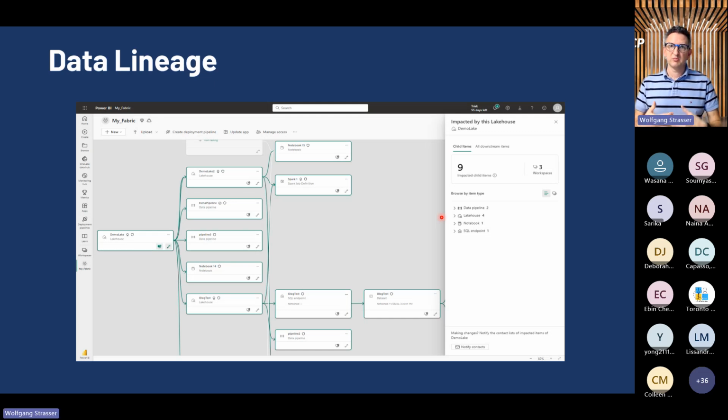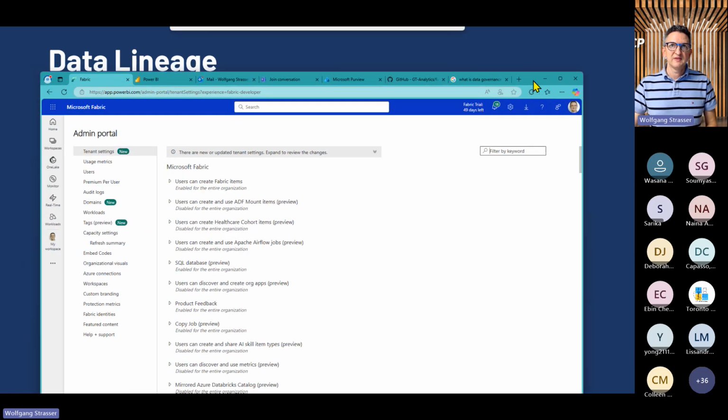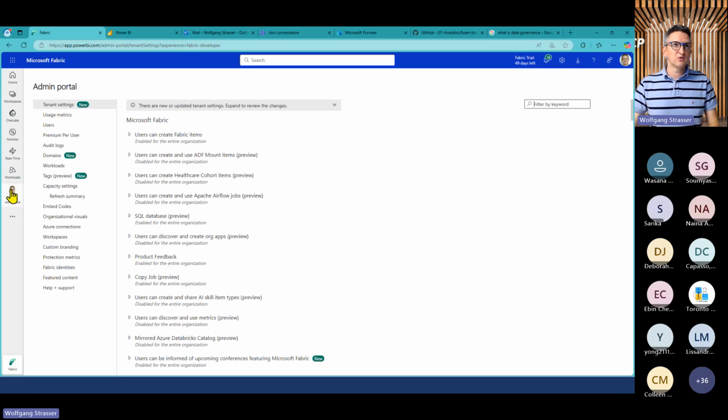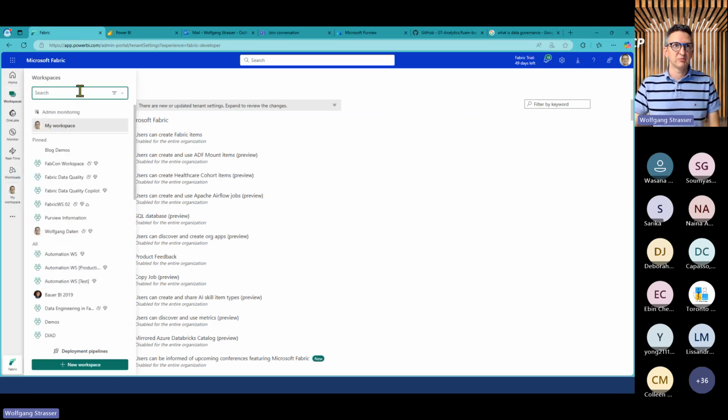Another aspect is data lineage. As I said, I'm a data warehouse developer building analytics solutions, and in I think 100% of my data warehouse projects, the main question is: what's the source for that measure? Where does the data come from? And what are the different tables that really go into that table in my semantic model in Power BI? Maybe you've seen that one. There's a data lineage view already built into the Fabric portal.